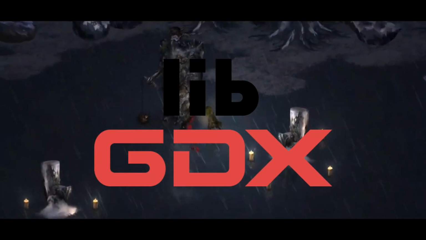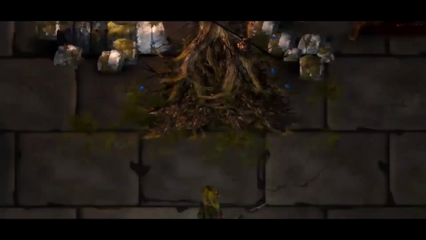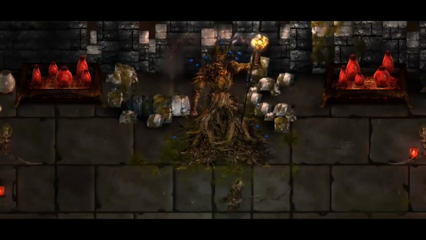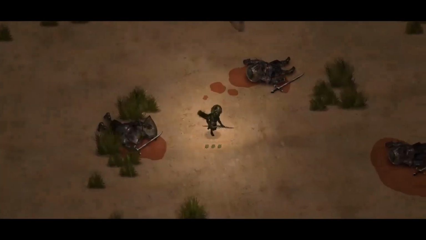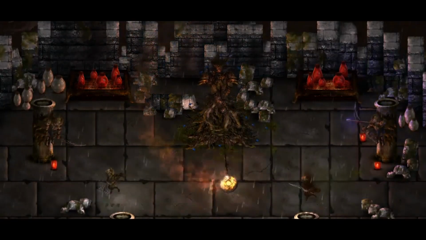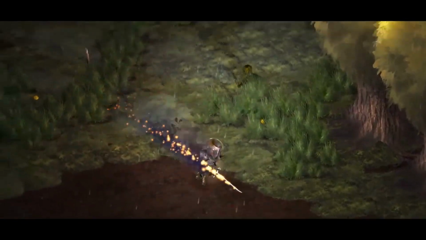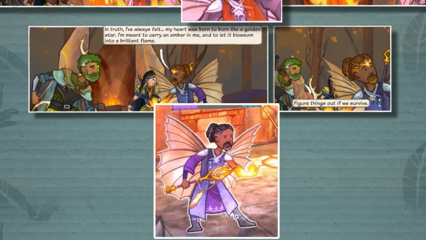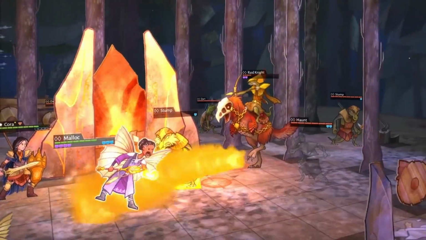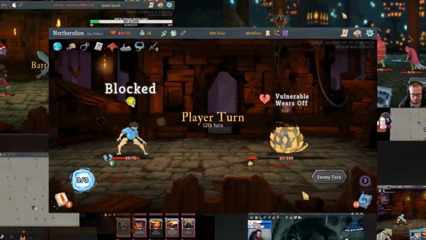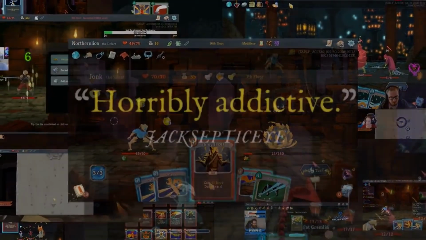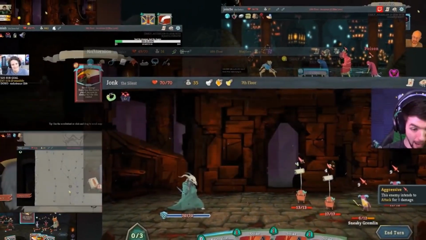LibGDX is another framework written in Java, you know, the language that made these two, but it's also written in C and C++, more specifically for performance-dependent code. This framework is often used for mobile games. In fact, a lot of mobile games that you may know about were probably made in LibGDX. Slay the Spire, one of the most successful indie card games in 2019, was also made with LibGDX.